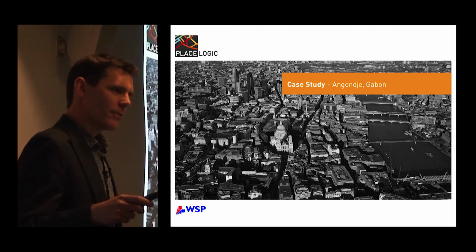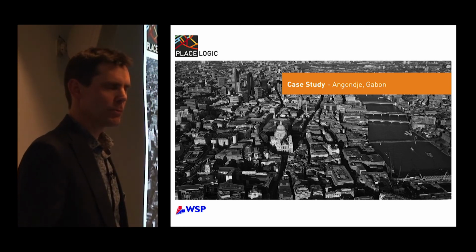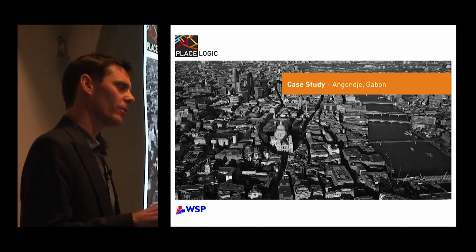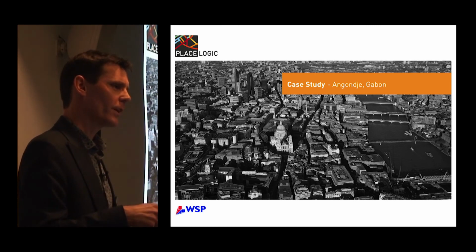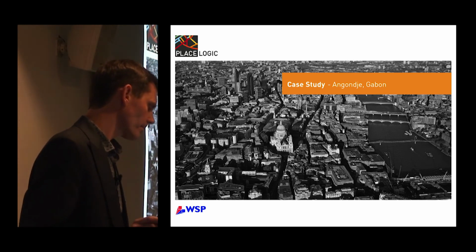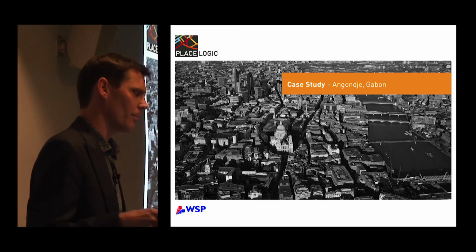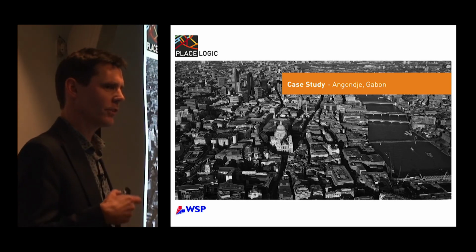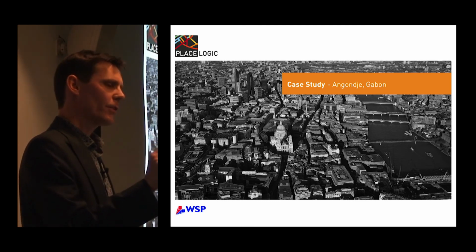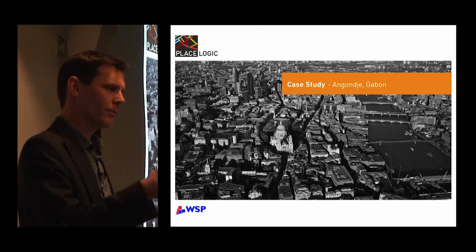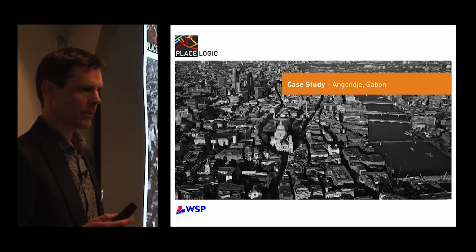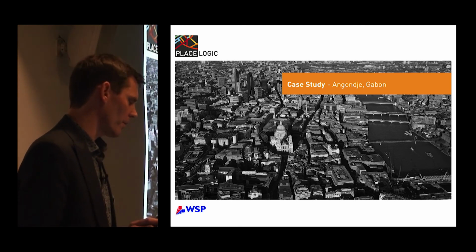Well, actually, it should be the other way around, because we're always asking our transport networks to respond to those land use allocations. If we did it the other way around, which history shows us is the right way to do it, then we have a better chance of creating the right blend and the right mix. And place logic allows me to do that, because it allows me, as a transport modeller, to get in on the process at stage 1. It allows me to have the time to influence those decisions if you blend in the traditional transport modelling skills that I and colleagues like myself have, to influence those early stages.